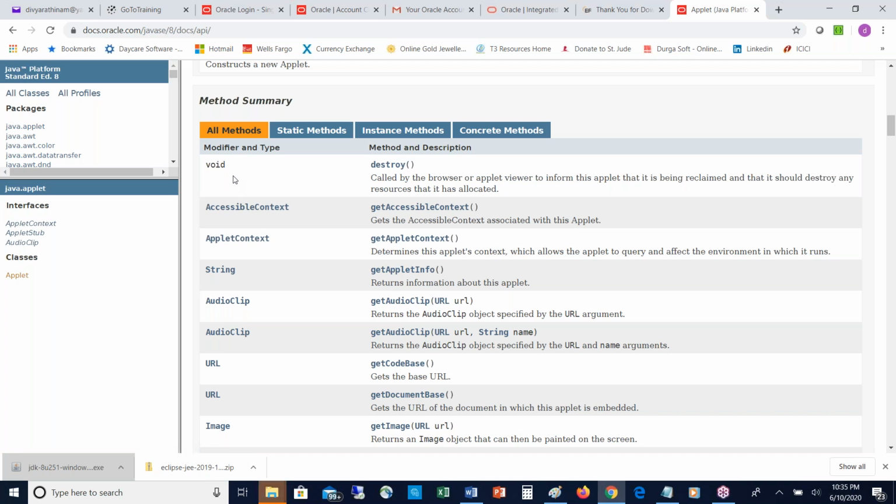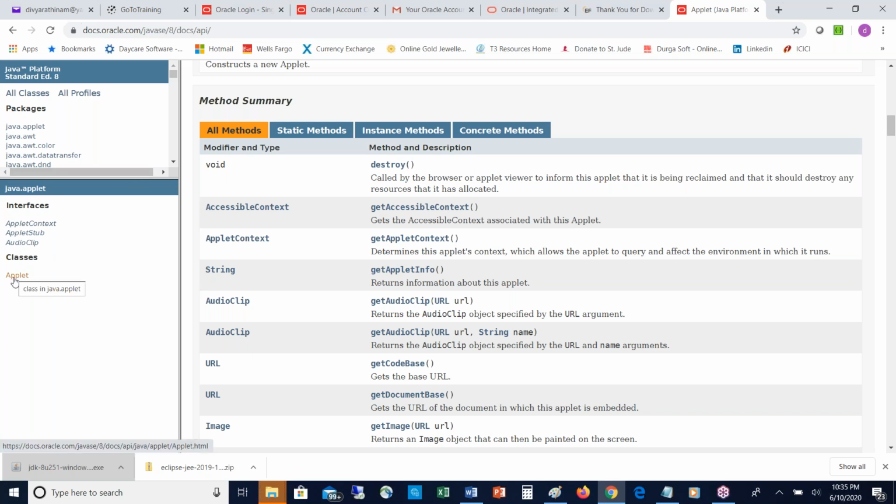If we click any interface or class, on the right side frame we can see the defined fields, the predefined constructors, and predefined methods under the class. Everything will be displayed. It's all the built-in libraries. These are all the built-in libraries available under this package and class. Click any other package, in that click any other class, the same thing will be there.